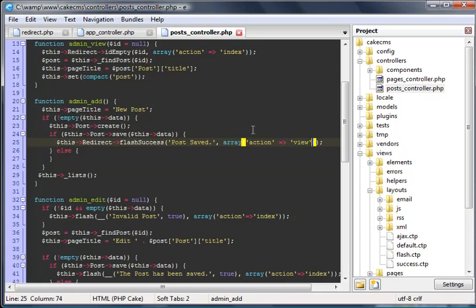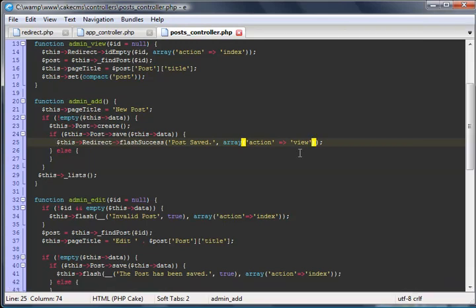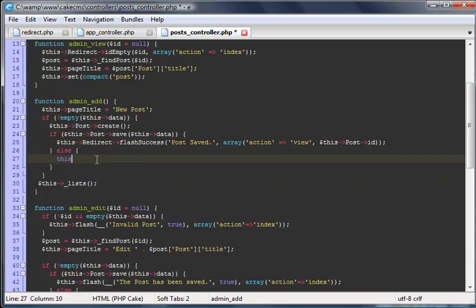I want to throw in just a variable on that view so we can pass in that parameter of the ID and allow us to go directly to the view. So we just do a comma there and say this post ID, oopsie, ID, so it's just going to have the ID value of whatever the post was saved as, or else we'll do this redirect,